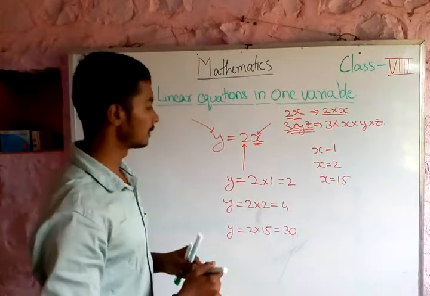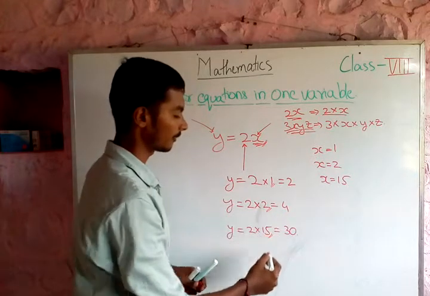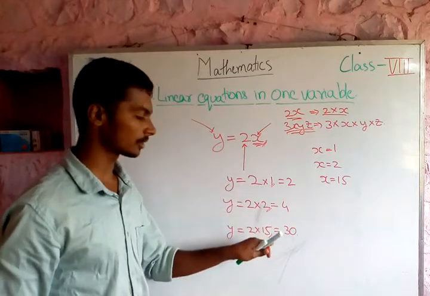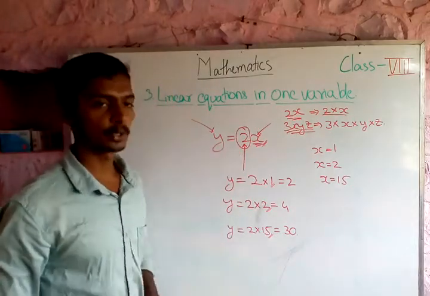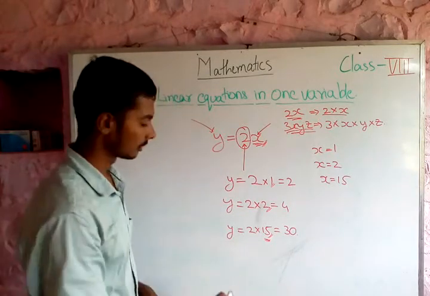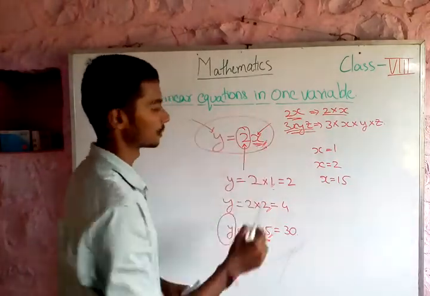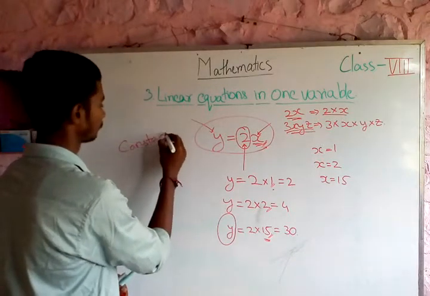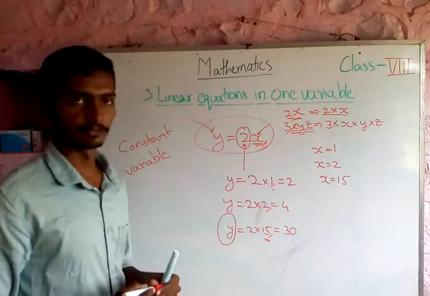Okay, now see here, in this case I am changing the value of x, so it is a variable. Why is it a variable? Because I can change its value. But can I change the value of 2? No, I cannot change the value of 2 because it is a constant. And now see, as and when I change the value of x, the value of y is also getting changed according to our equation. Okay, so this is about constant and variable in an equation.